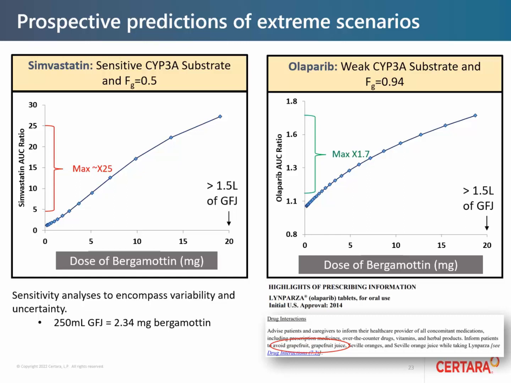And what I thought was interesting was that if we go to the drug label for olaparib itself, it says to completely avoid grapefruit and grapefruit juice. However, I'm not sure if this accurately reflects the moderate response that olaparib has to bergamottin. So this goes to show you that depending on the therapeutic index and the exposure response of your victim drug, you could make a more nuanced judgment in allowing herb or food consumption, instead of providing this kind of blanket ban.